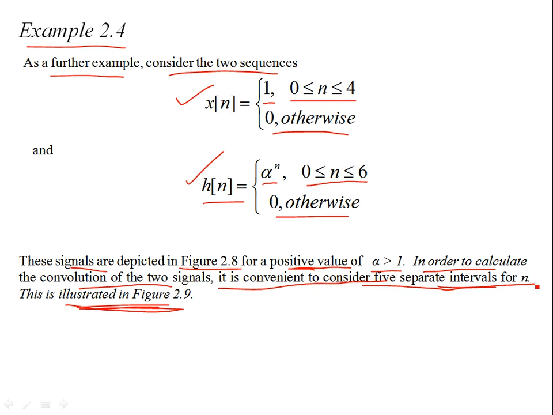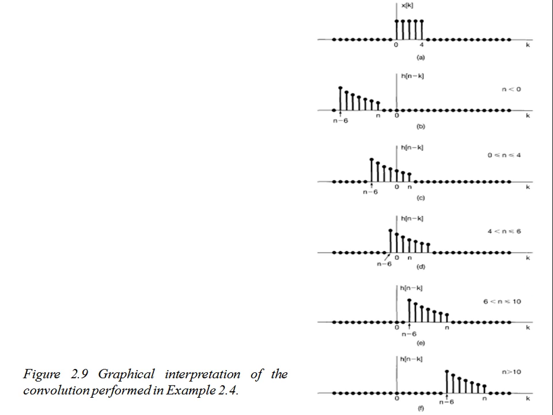separate intervals for n. So this is your figure 2.9. It shows the graphical interpretation of the convolution performed in example 2.4. What it says is that x as a function of k exists between 0 and 4. Then you have h of n minus k, and for negative values of n, when n is less than 0, there